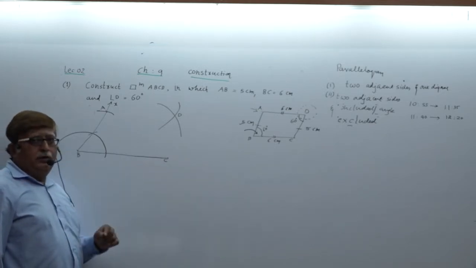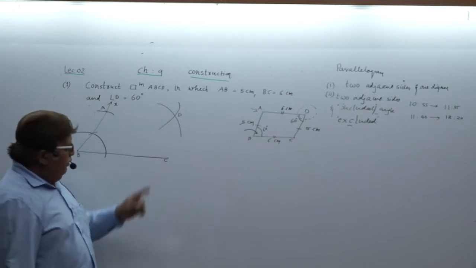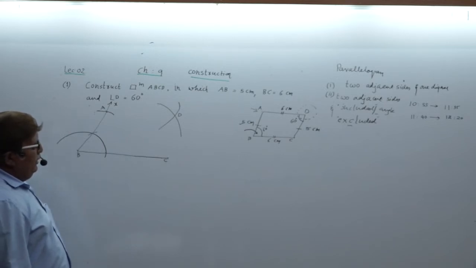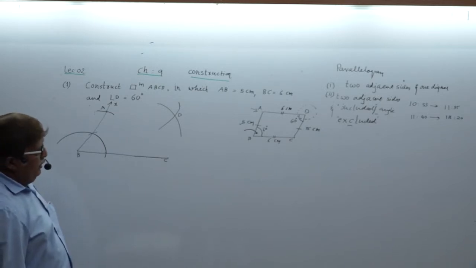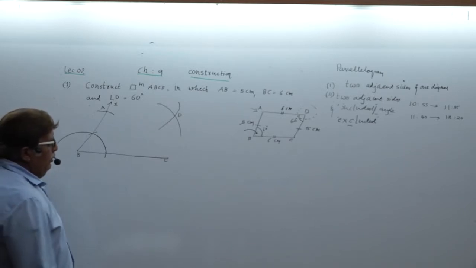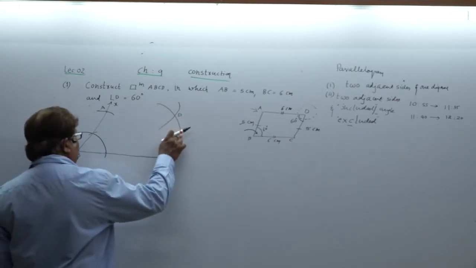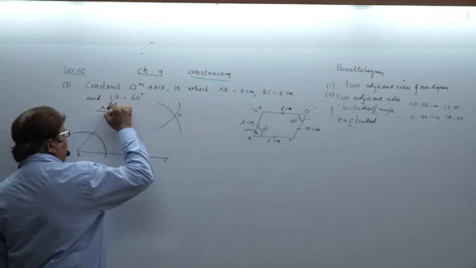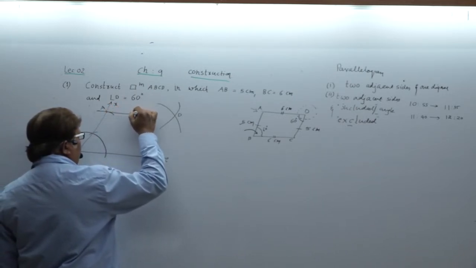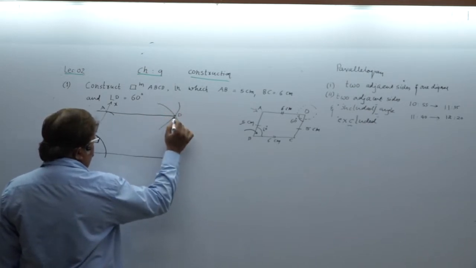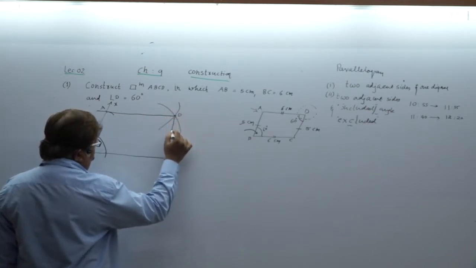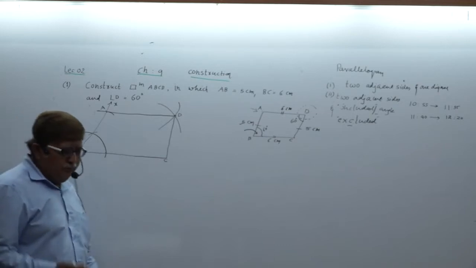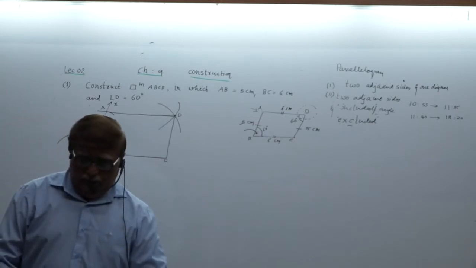One arc you will draw from C, taking radius of 5 centimeter. One arc you will draw from A, taking radius of 6 centimeter. You will see both the arcs are intersecting at point D. Now you just join line segment AD and then you join line segment CD. So this is the way you will construct